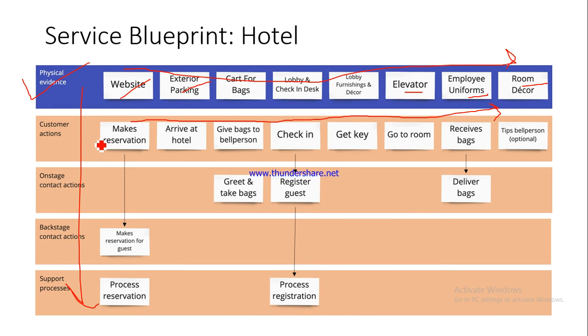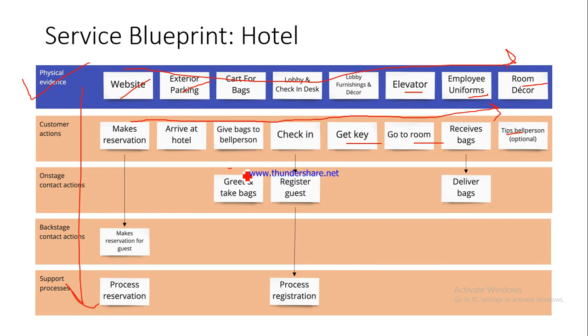So first of all, he'll come, and this is an example of a hotel where he's staying for the night. So he'll make a reservation and then he'll be arriving at the hotel, right? And then he will give his bag to the bell person or the person who's attending him. Then he will check in, he'll provide all his details, he'll probably also make the payment, and he'll get the key to his room, go to the room, and then the person who had taken his bags from him and was carrying his bags will deliver the bags to him, and then the customer may tip the bell person who has actually carried his bags. So this is the horizontal mapping.